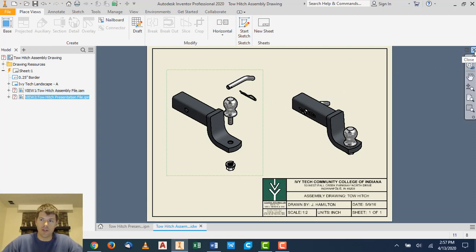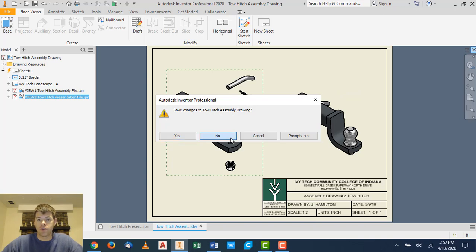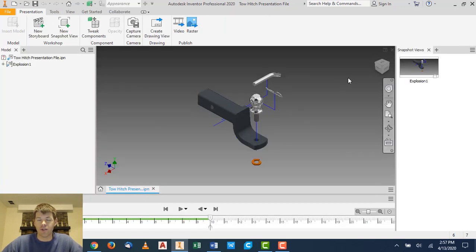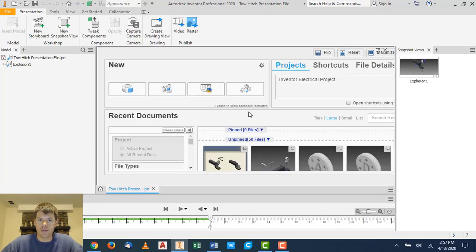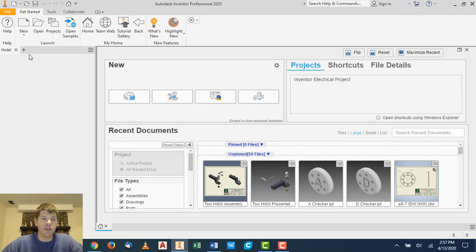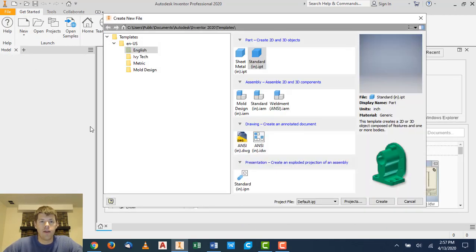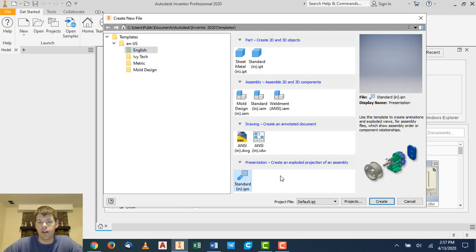So let's go ahead and close these out, and I'm going to show you how we make this stuff from scratch and how we finish the parts that aren't really perfect on here. Okay, so let's close these down. So what I'm going to do is I'm going to go to New, and we're working in inches, so I'm going to stay in the English folder, and I'm going to make a presentation file, which is that .ipn file extension. So this is our fourth and final file type for the semester. So I'm going to choose an inch IPN file, hit create,